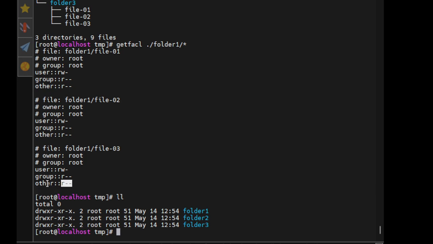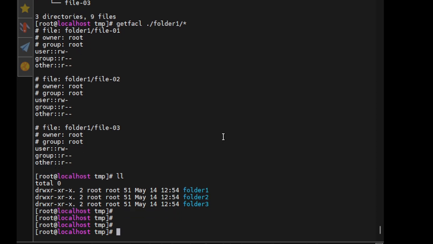For others also, we can only read that file. So basically, if I change my active user,